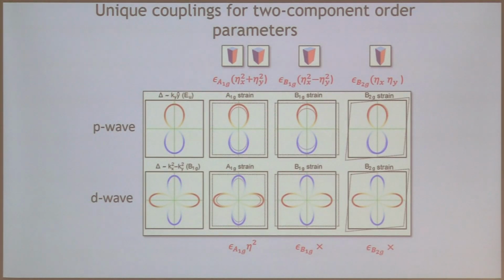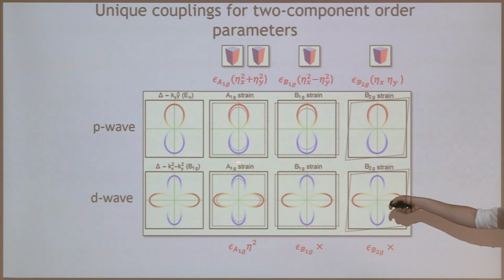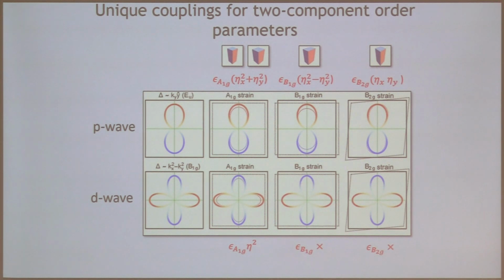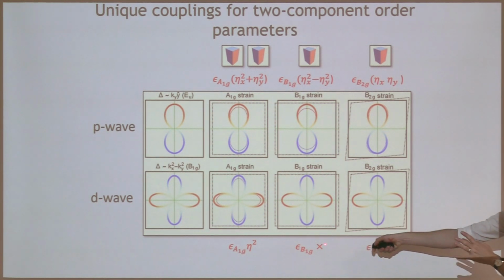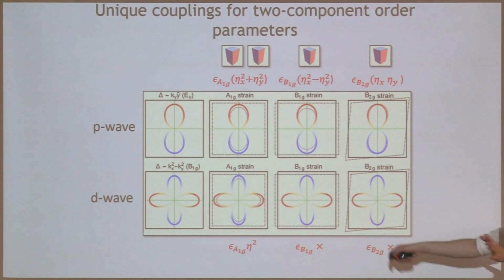So what this means is, there are new couplings in your free energy. For a standard D-wave superconducting order parameter, your A1G strain couples to the square of your superconducting order parameter. That's what we talked about before. That's fine. But your B1G strain, as I told you before, can't couple to the square of your superconducting order parameter